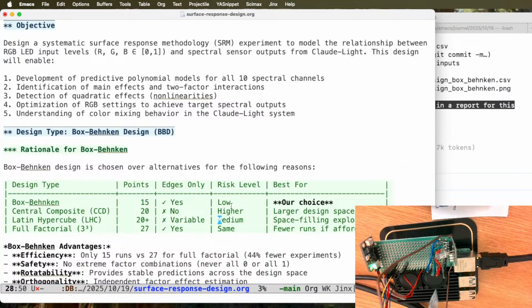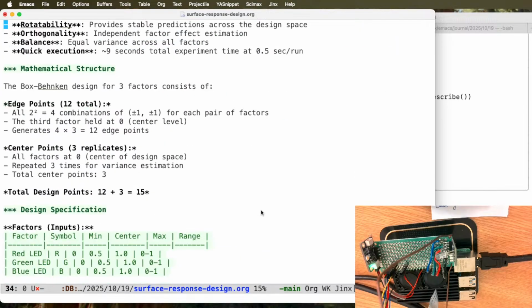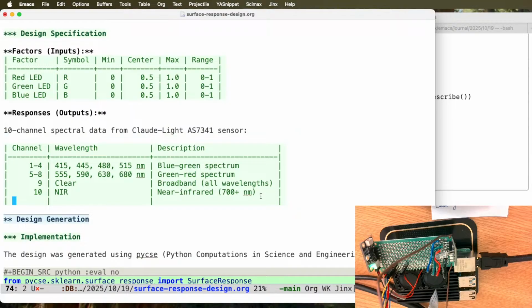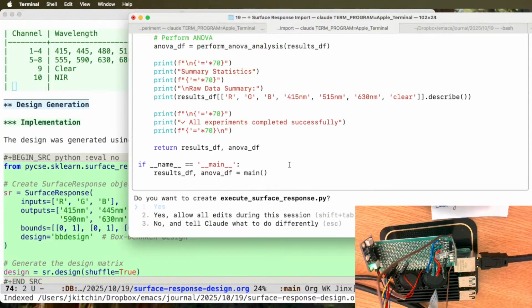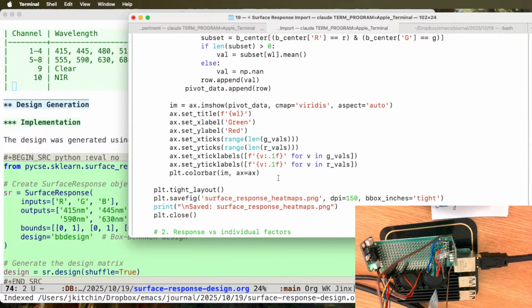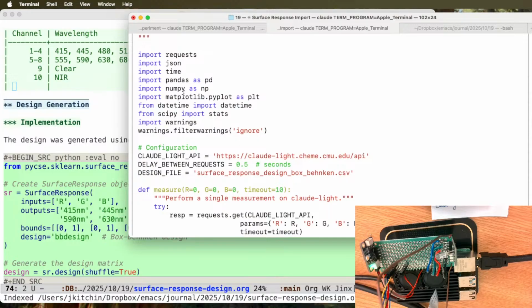This gives you some comparisons and why we made our choice. Maybe this isn't all super necessary. Let's see, do we want to execute this? We've got